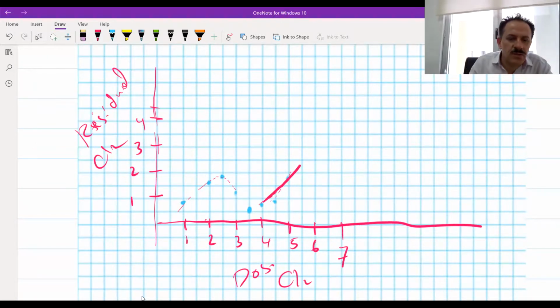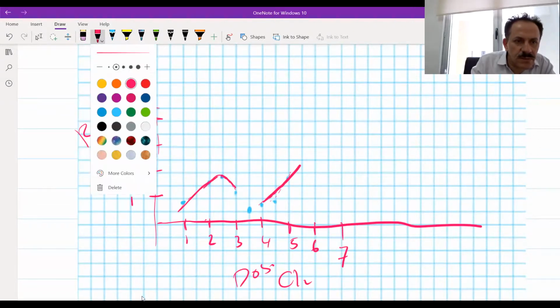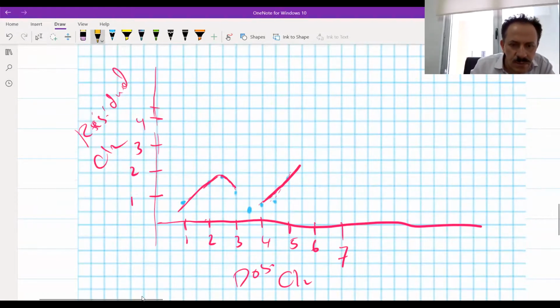And by the way, this question will be solved by hand, using hand drawing. Look at this one. You have to stop here. You will draw a line here and extend this line this way. You have to extend this line here, and extend this line here. And this line is the best fit. This is a line, and this should be a line.